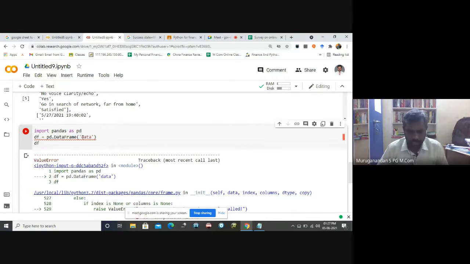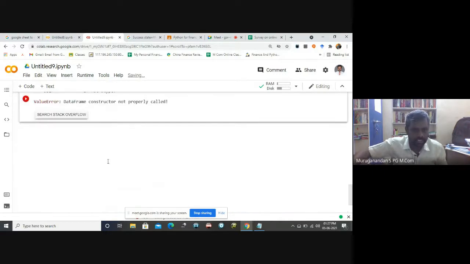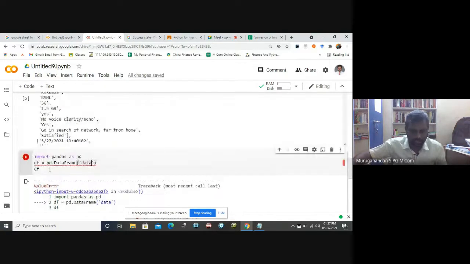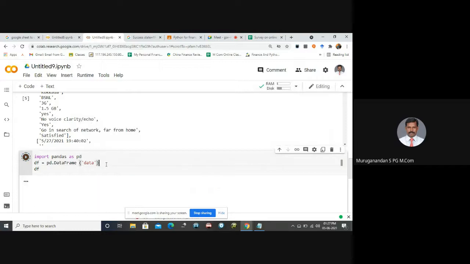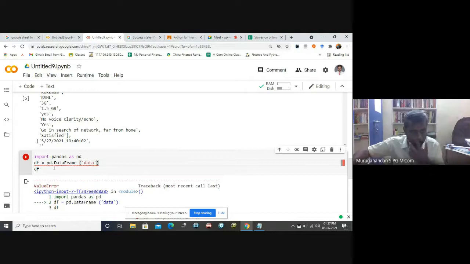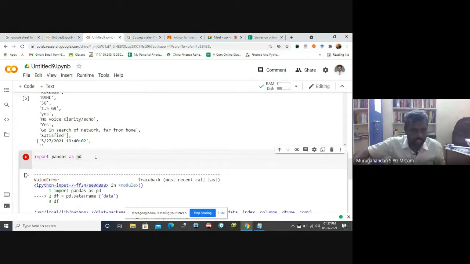Some error is there. What is the error? Let me first import this pandas as pd first.